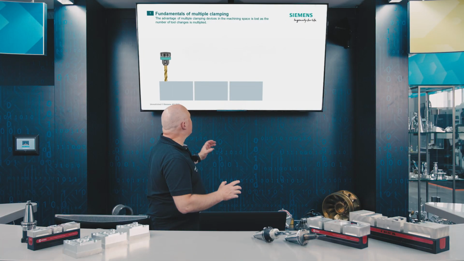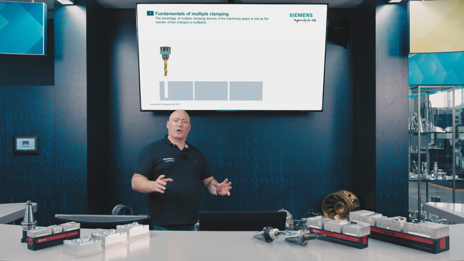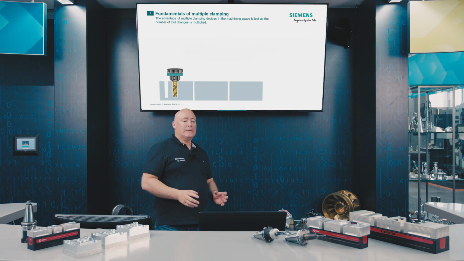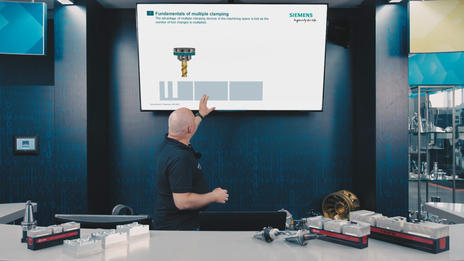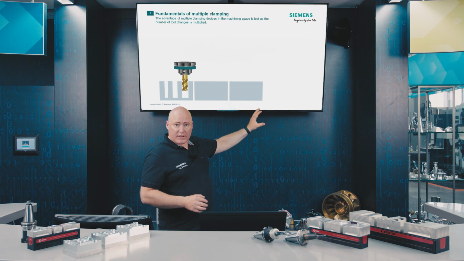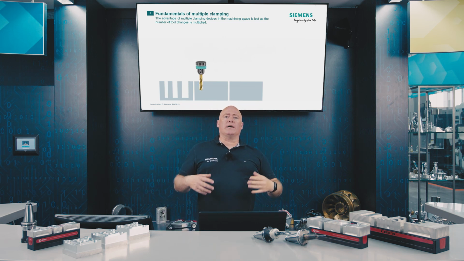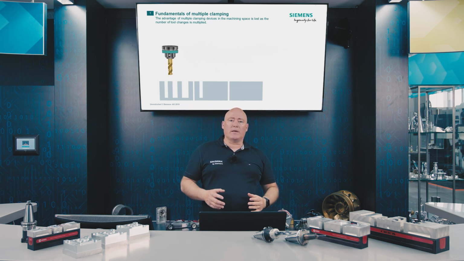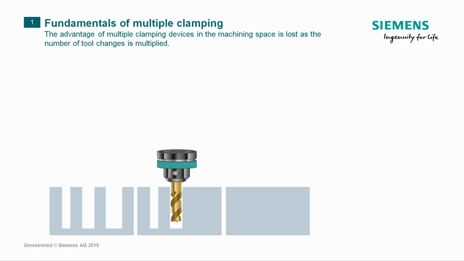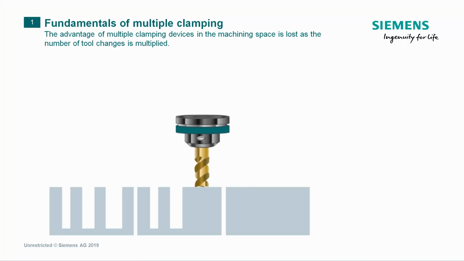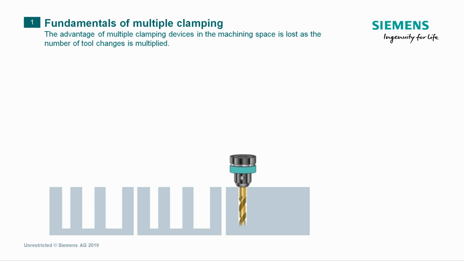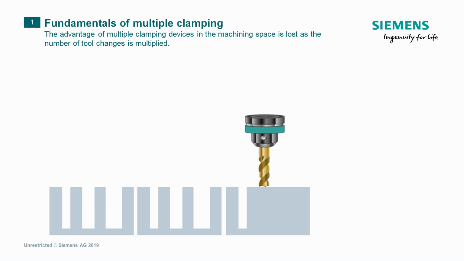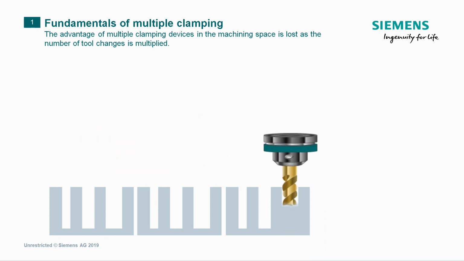The animation demonstrates the conventional type of programming and processing. We have three identical components, and each component involves three different processing operations. This means that a tool change must take place 3 times for each component, as processing is always carried out subsequently or additionally from one part to the next.